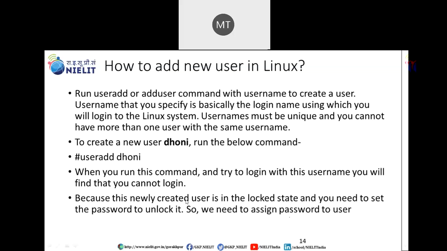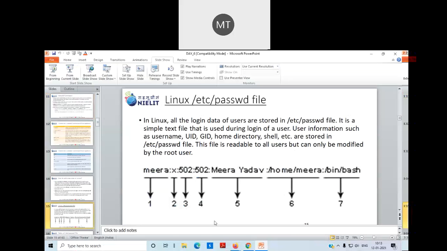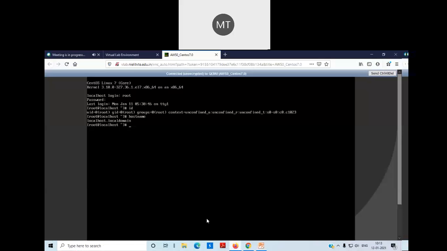So now we will see how we can create a user. This is the command: useradd space, type your name or any name. I have written Nilet. So useradd Nilet and now press enter. When you press enter, the user is created. Now if we want to check that the user is created or not,